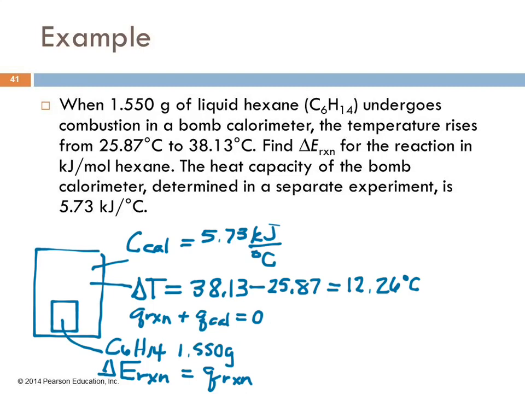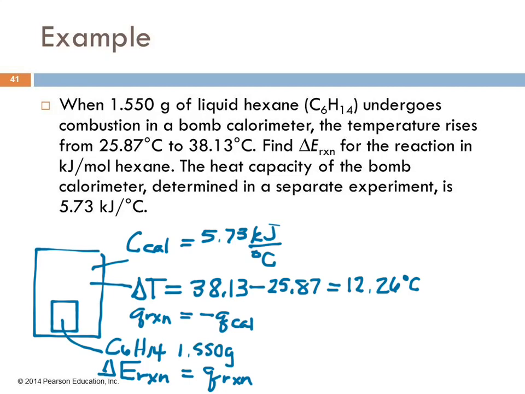Whatever was lost by the system has to be gained by the surroundings. Again, I'm running out of space, so I'll do this. The heat lost by the reaction is equal in magnitude but opposite in sign to the heat gained by the